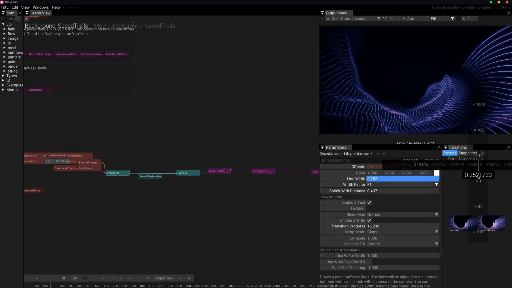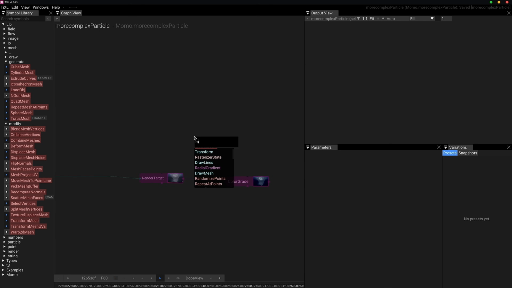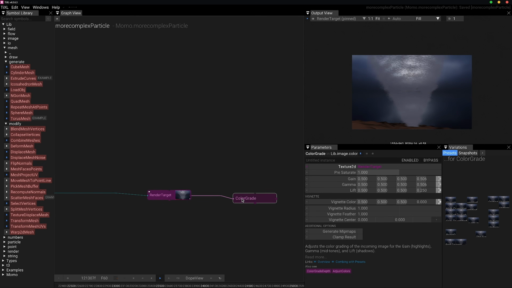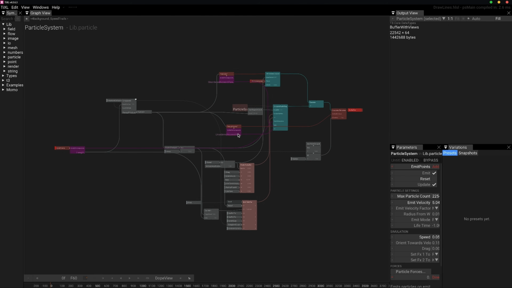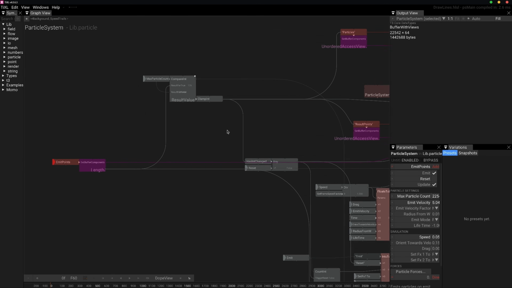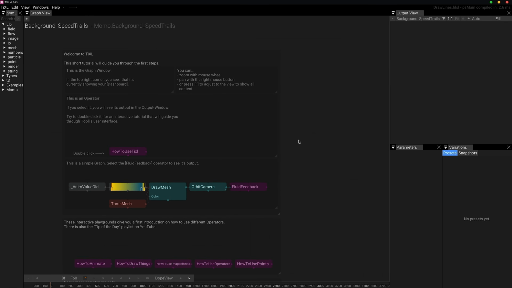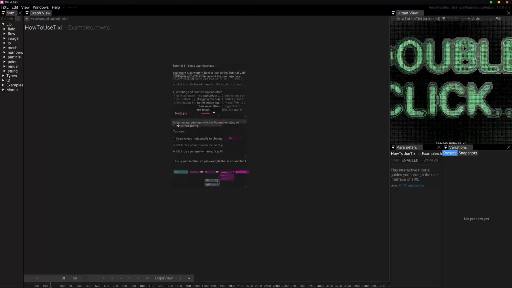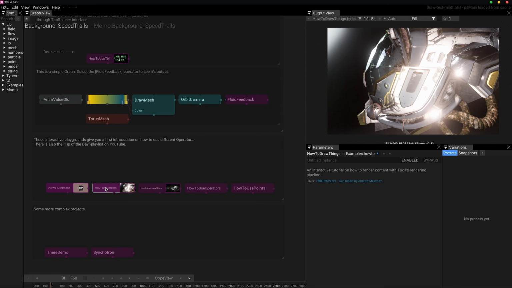You can also add nodes by holding down left click and then use the search bar, or by clicking or dragging the input of an existing node, which will bring up a list of compatible and related nodes. You can also go into a lot of the nodes to see how they work. This is also used for presets that act as interactive tutorials, showing and teaching you the basics with a few examples.